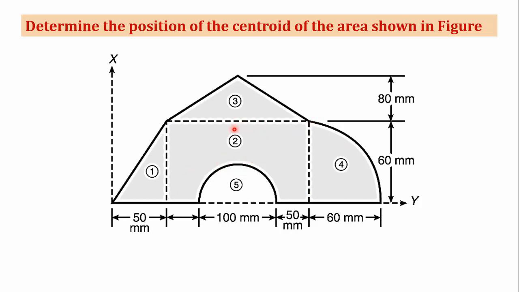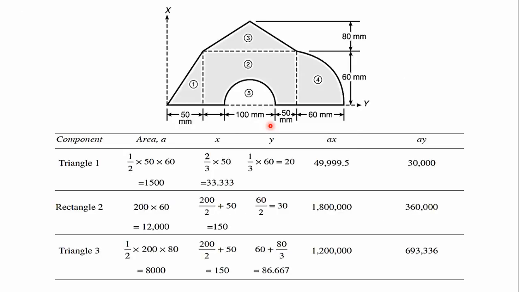Here they have asked us to calculate the centroid of the shaded area. So number 5 is nothing but the unshaded portion. For this number 5 we are going to take this semicircle and we are going to do deduction for this semicircle. So we will try to fix the reference axis first. This is our x axis, this is not y, this is x axis and this is y axis. You can correct it. This is x axis, this is y axis. So we will try to calculate the centroid of this built up section.